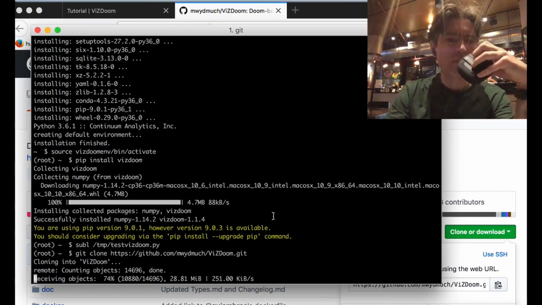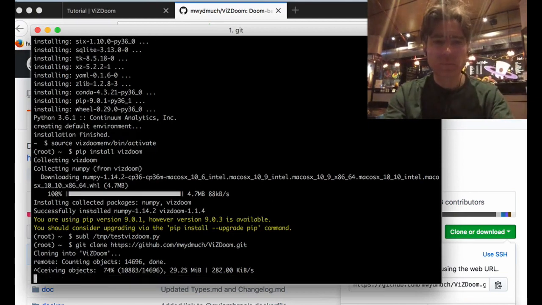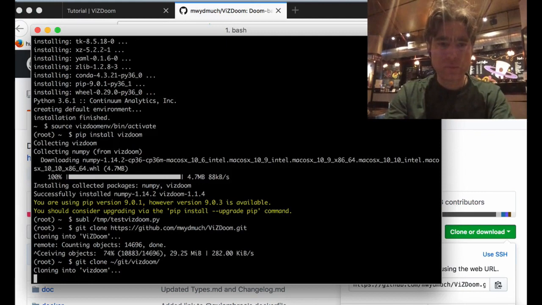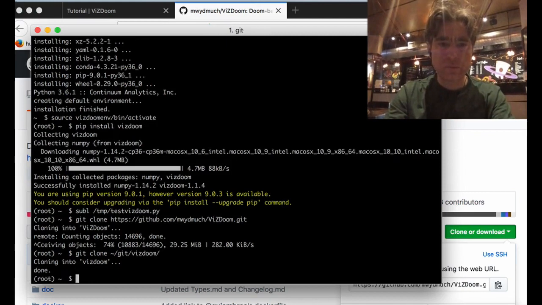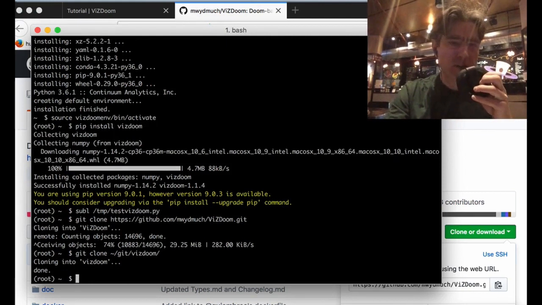You know what, I'm going to clone from my local copy. Okay, so I kind of took a shortcut, but anyway, you can see the URL here, and then I just cloned my local copy.